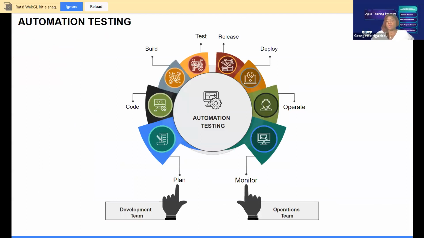And then when we talk about automated testing, or automation testing, this is an example. They write the code, they build the code, they test, they release it, they deploy it, then it operates, it comes back, they monitor it. It keeps going like this. And this is not something that you are required to